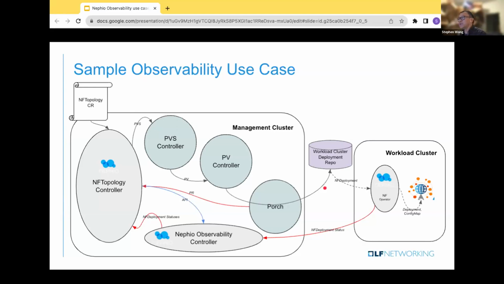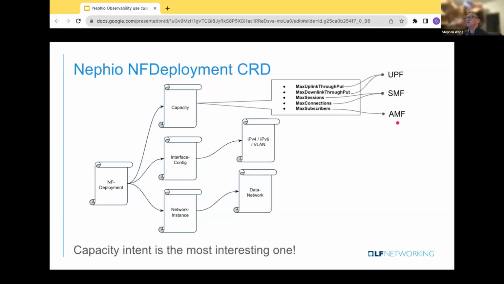So one use case, a very simple use case actually, would be how do I use observability as a framework to get the statuses off of a workload cluster, across all the workload clusters, and across all the network function instances that were deployed off of this particular topology. That seems like a very simple use case. If you go a little into it, the status today is very simple for NF deployment,